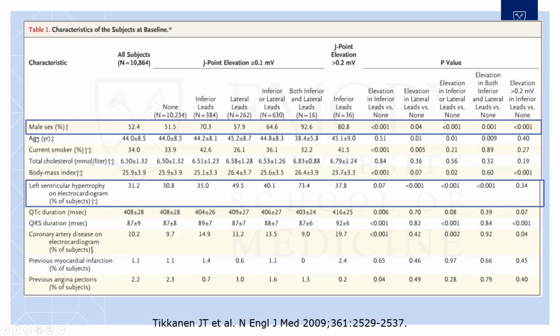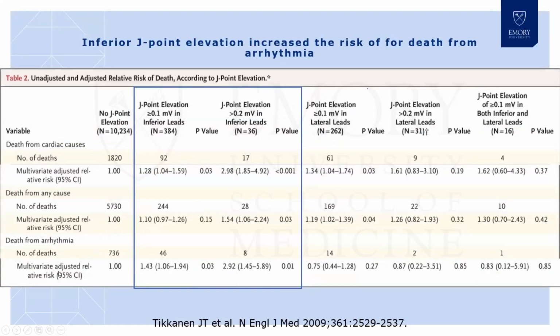So much like the other patients, male sex was again associated with having J-point elevation and early repolarization and LVH. In this study, it was positively associated. The other study was negatively associated. I think that may be related to how they were including or excluding early repolarization. But the most important thing of this study is that, so this is a table 2, and then they